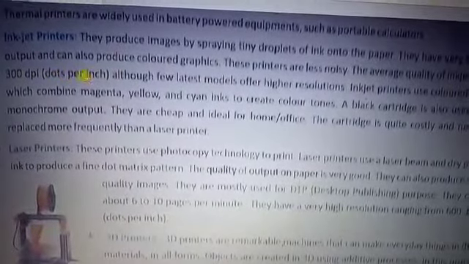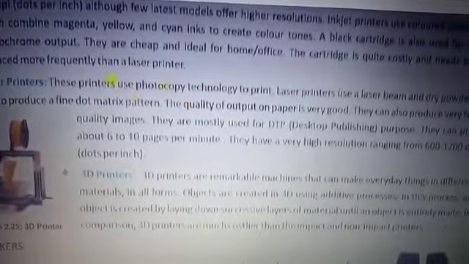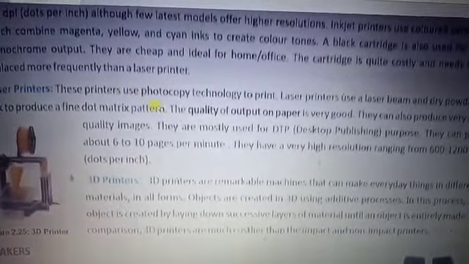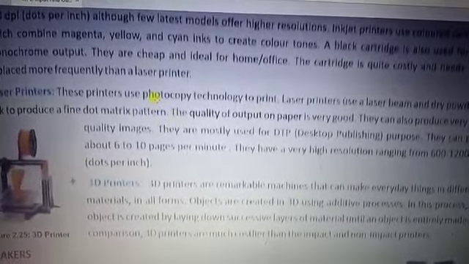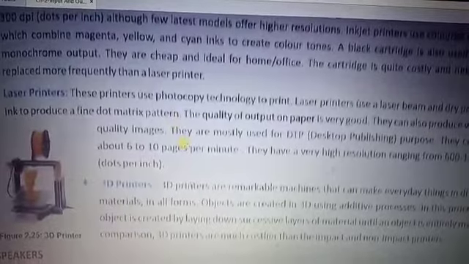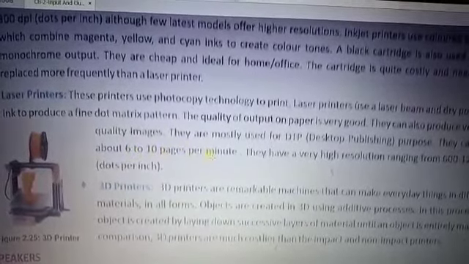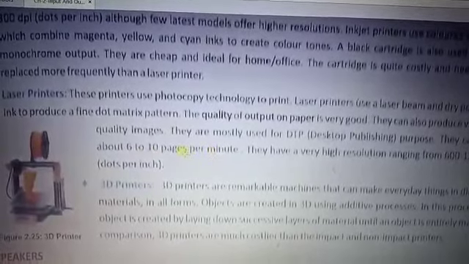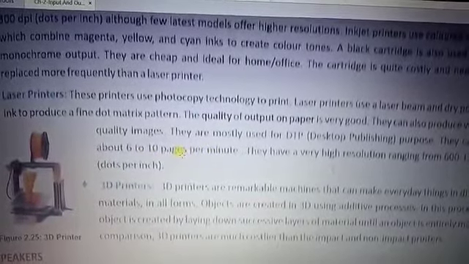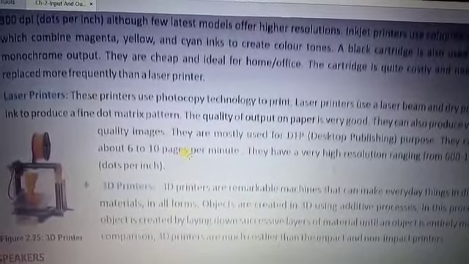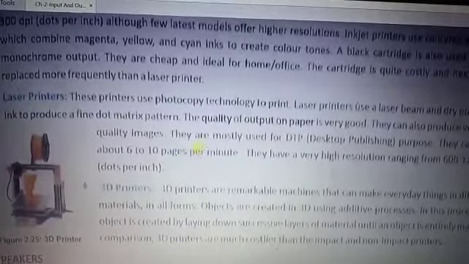So the laser printer produces sharper and better quality than the inkjet printer. The printing speed is about 6 to 10 pages per minute. Within a minute it can print a minimum of 6 copies of the same content and a maximum of 10 copies.